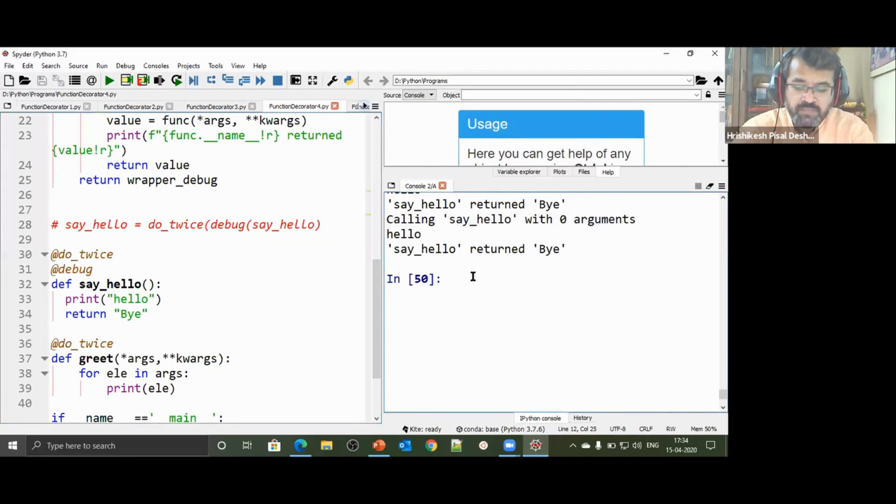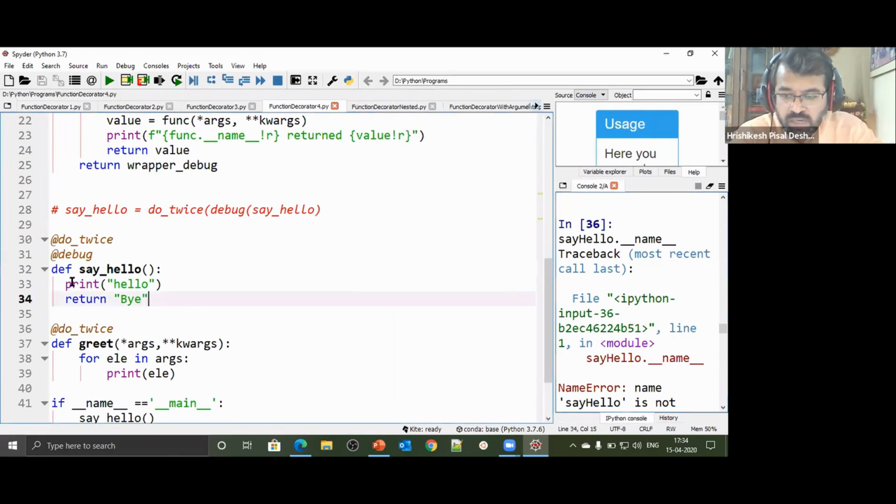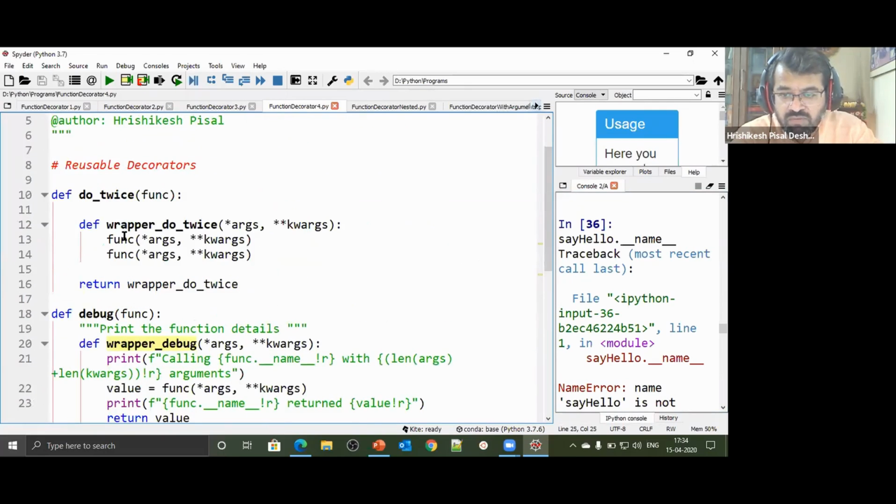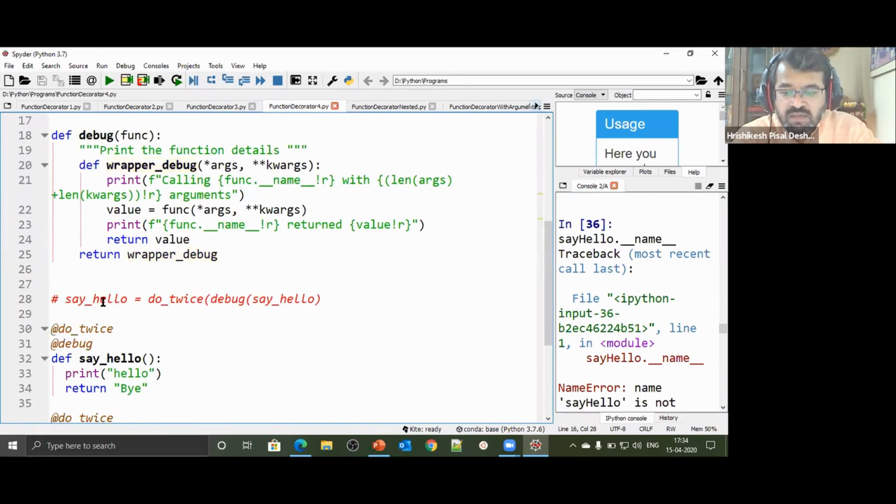I'm going to say say_hello dot __name__. It is referring to wrapper_do_twice. How did it happen? Because you passed this say_hello to debug, it gave you wrapper_debug. This wrapper_debug was passed to do_twice, and it gave you wrapper_do_twice, and the wrapper_do_twice was being referred to by say_hello.